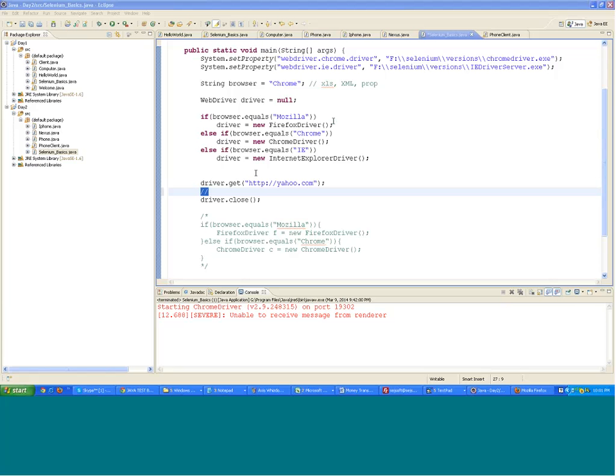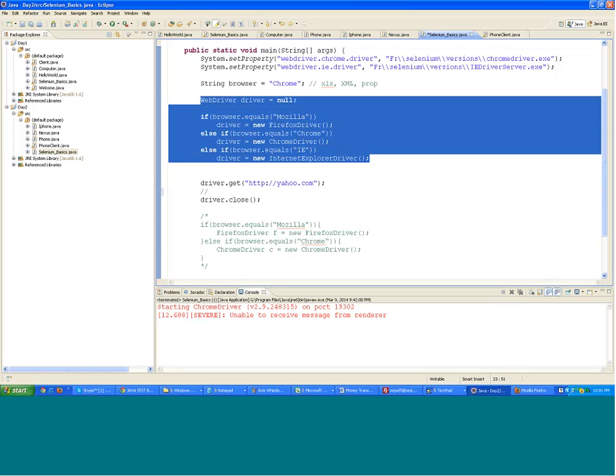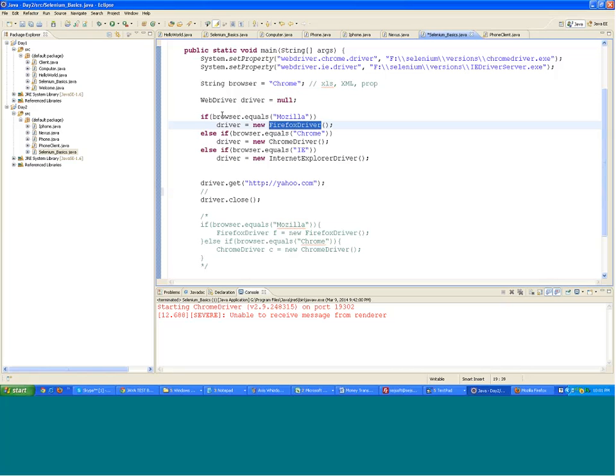Fine. So we had looked at interfaces and we had seen how the interfaces are used, right? How the class is used to implement the interface, and you can create the interface reference and equate it to the object of the class. Fine. Now